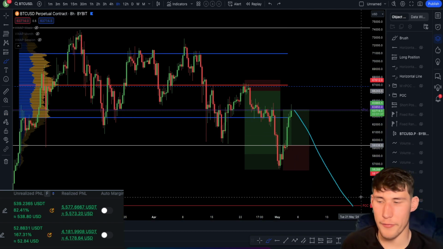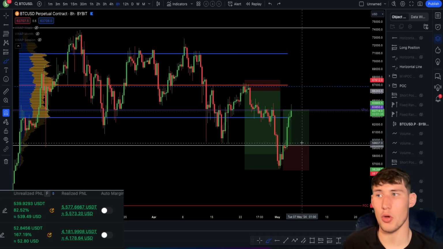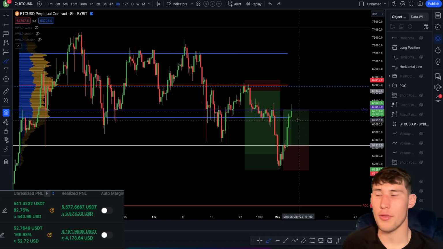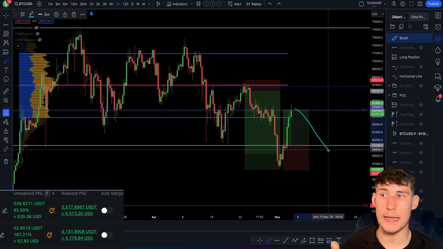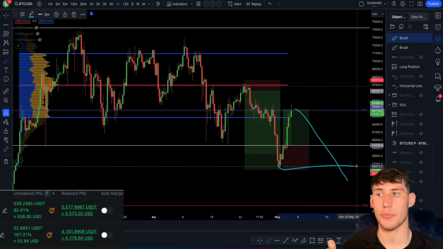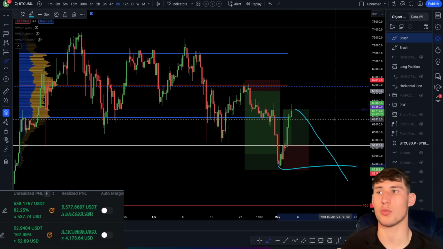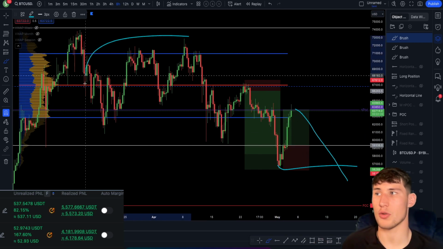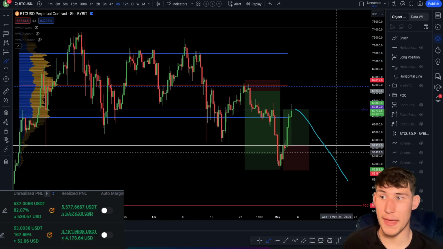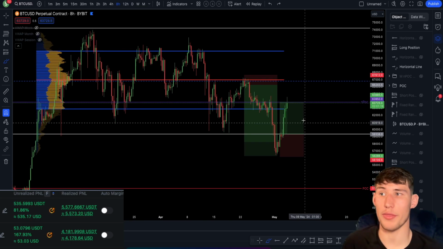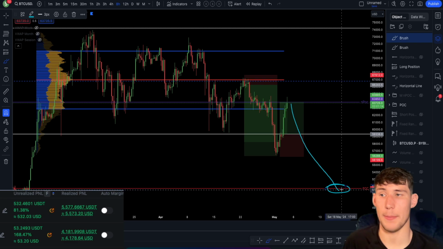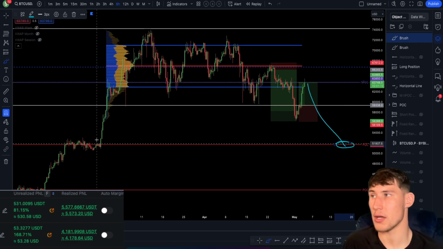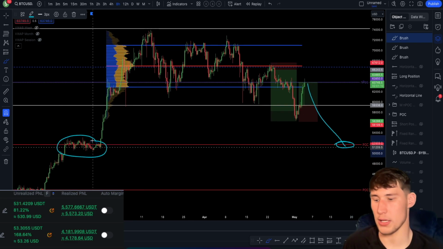Again, this is why I've moved my stop loss to entry on the long, because I understand that the highest probability move for Bitcoin right now is that we get another move breaking this low here, okay, getting a clear break towards the downside of this range that we are trading within, and then actually targeting $51,700 at this POC right here, which is the POC from this previous range right here.